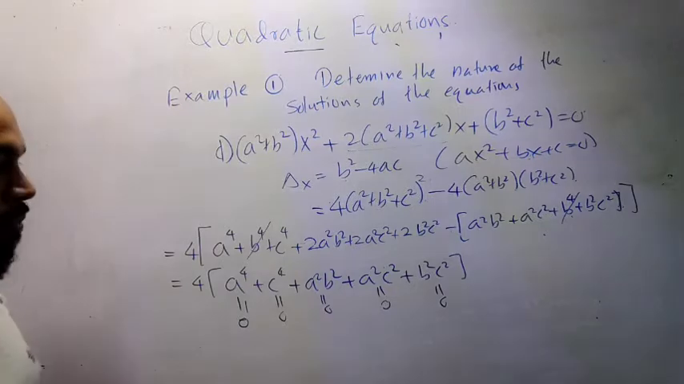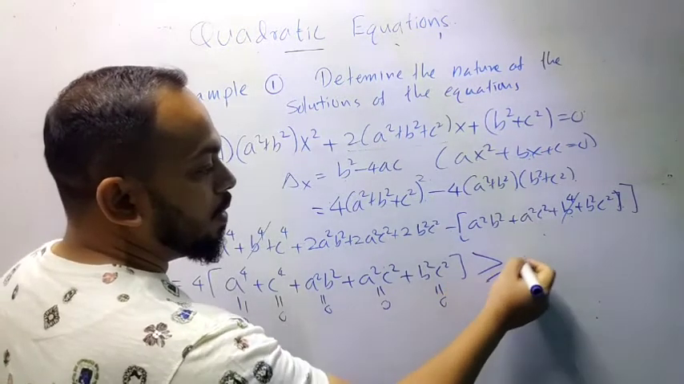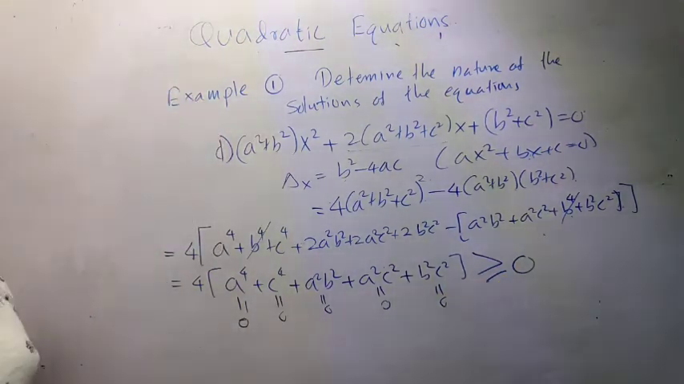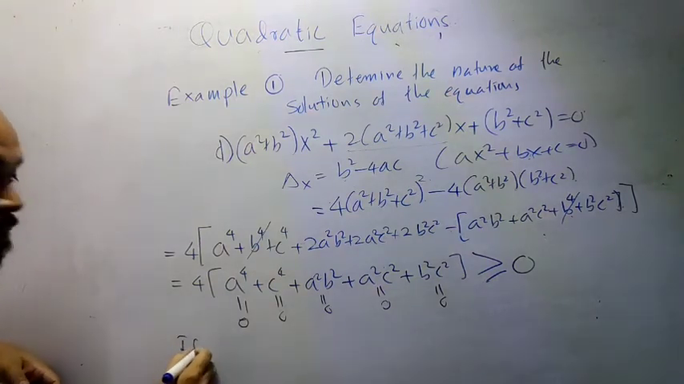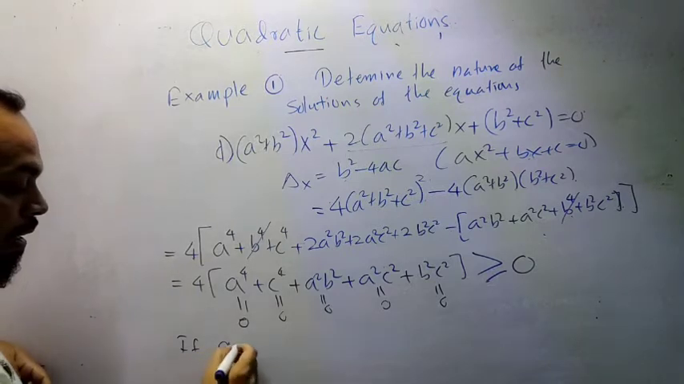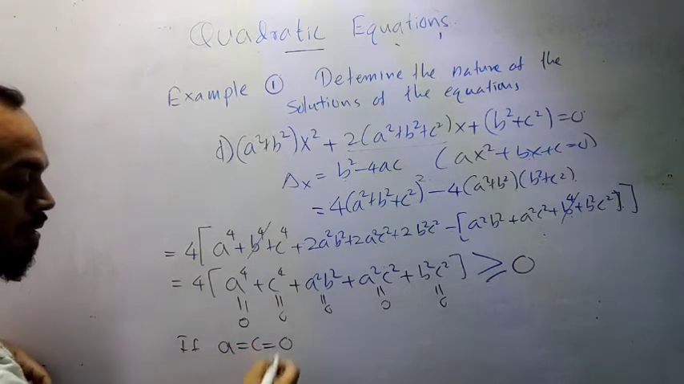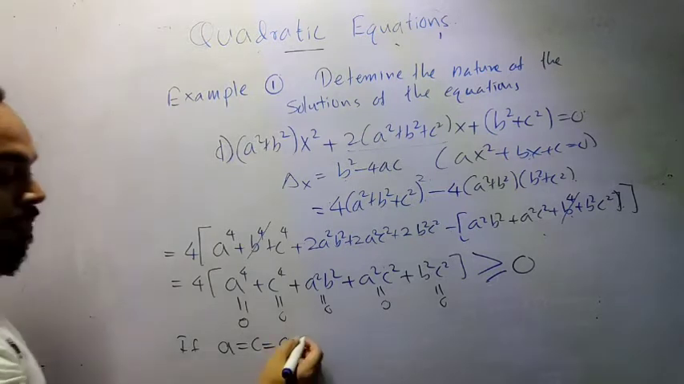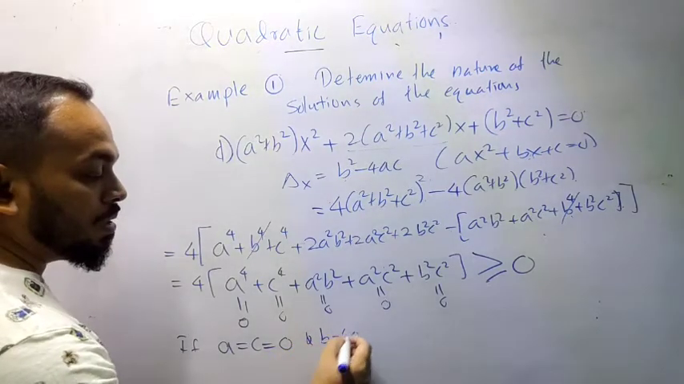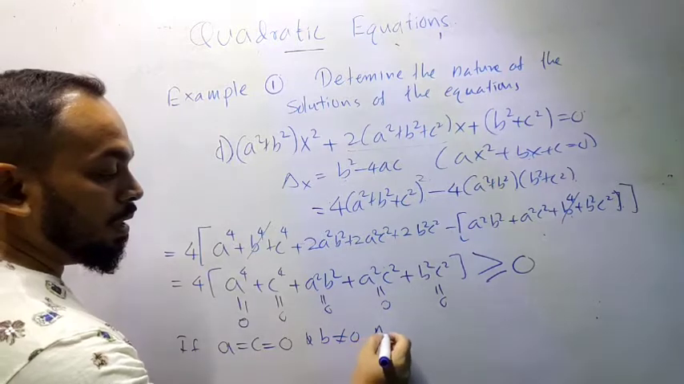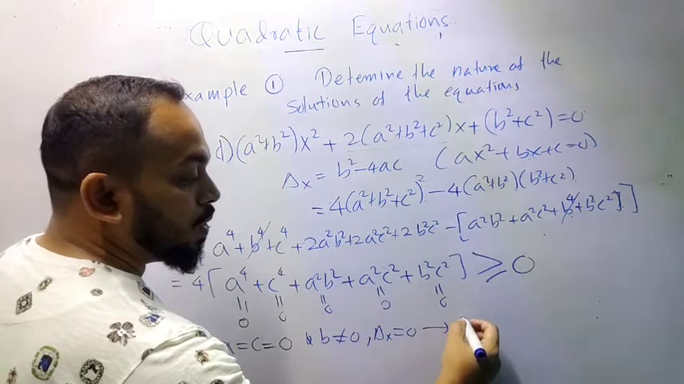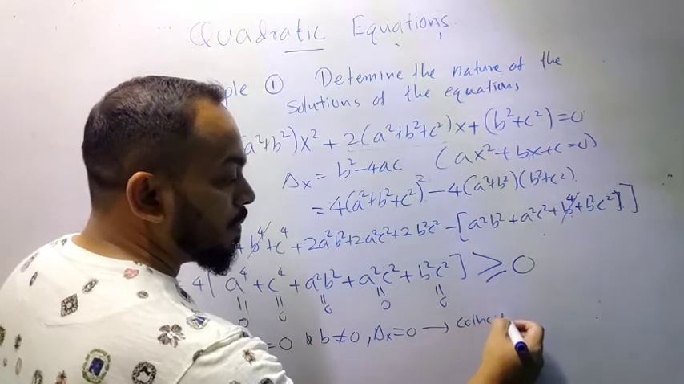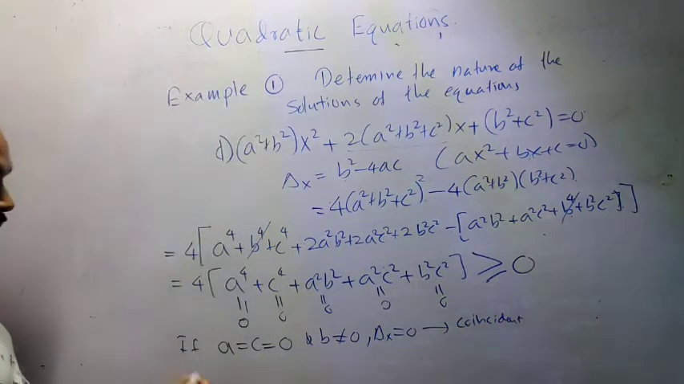So the whole possibility is greater than or equal to 0. Then when is it equal to 0? In which case? If a equals c equals 0 and b is non-zero, delta x would be 0. This implies real and coincident. In any other case,